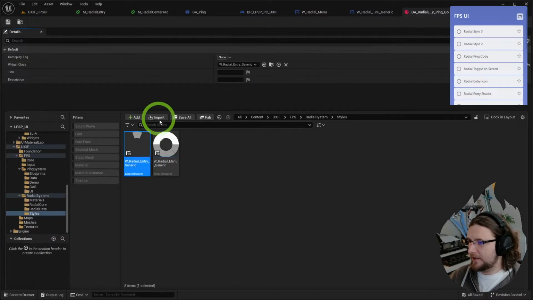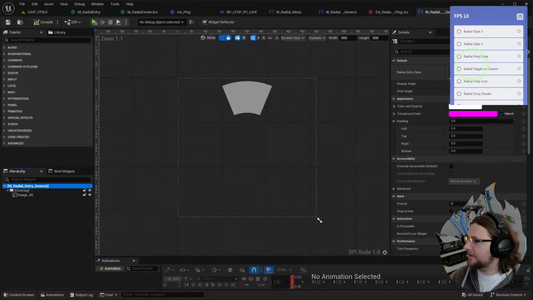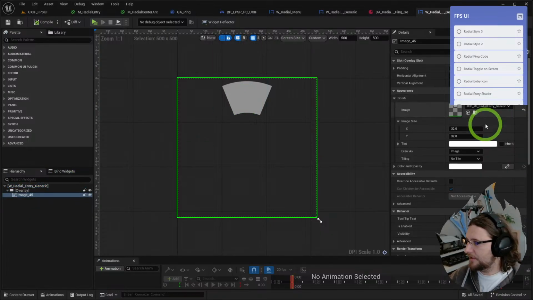So if we go and take a look at the generic item for now and change the material that we're using on this image,